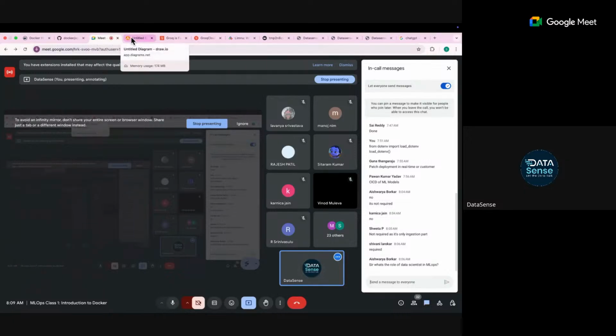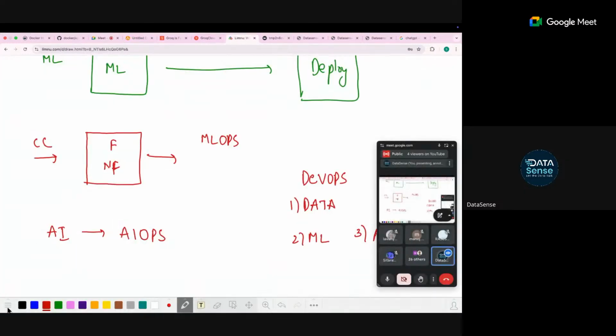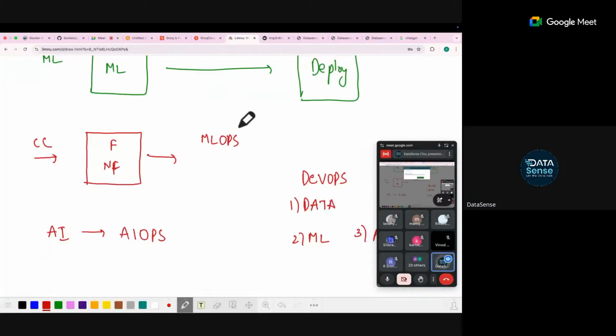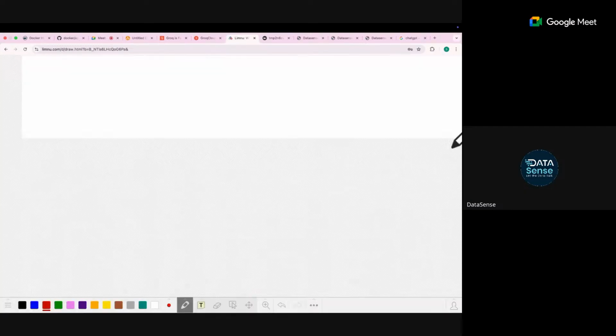Okay. So let's start to discuss what we are going to cover in this particular course. There are certain concepts which we talk about from the development point of view. First of all is called Docker, which we are going to start in today's session. After Docker, we will be discussing FastAPI: what is FastAPI, and how to convert your models into an API. Third, a very, very important principle you need to understand is called Kubernetes.